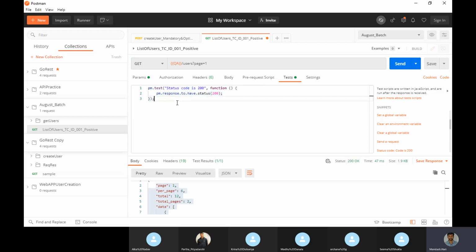So by keeping validations or assertions in the test tab in Postman. This is the test tab in Postman, where I can have code snippets. I can use status code assertion.